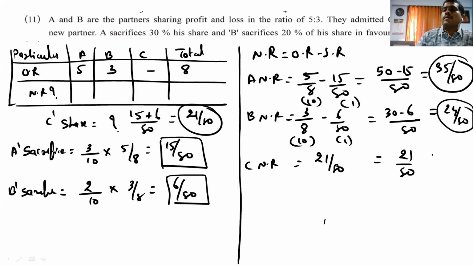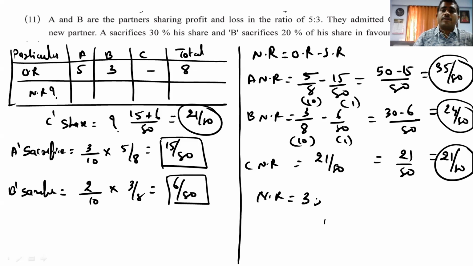24. 21. And I want to say that whether it is right or wrong, we have to just make the addition. Make the addition of 35 plus 24. Take the calculator. 35 plus 24 plus 21, you get 80. When you get the total the same as the denominator, in that circumstance we can say that we are on the right way. That is 35 is to 24 is to 21.